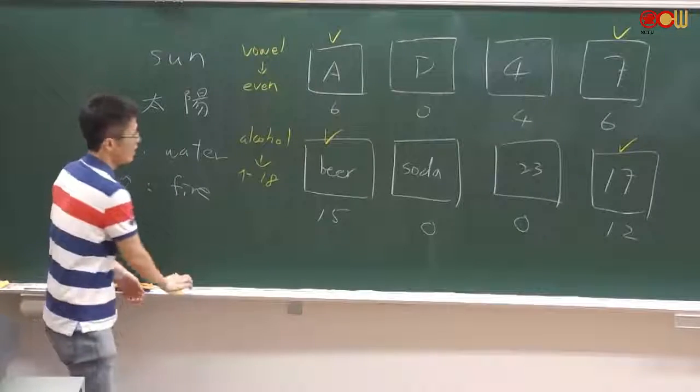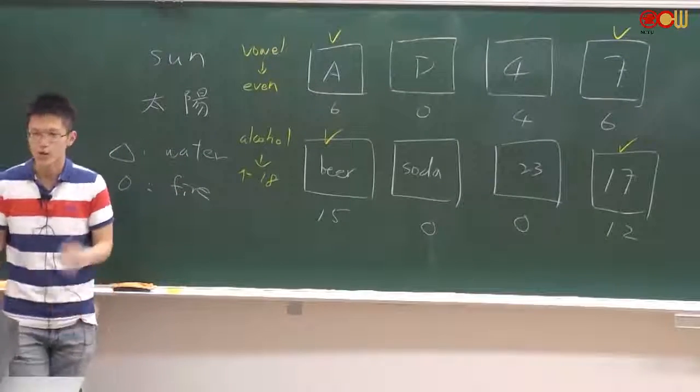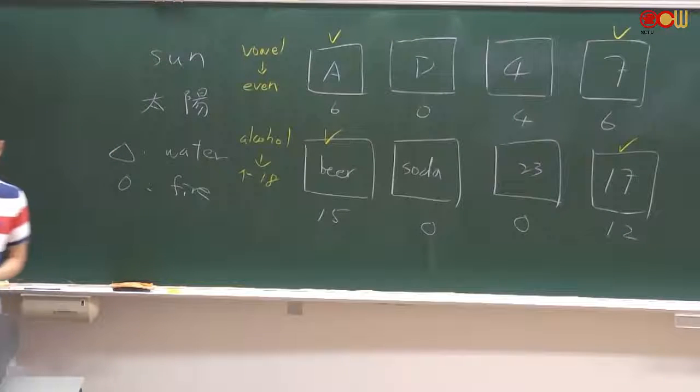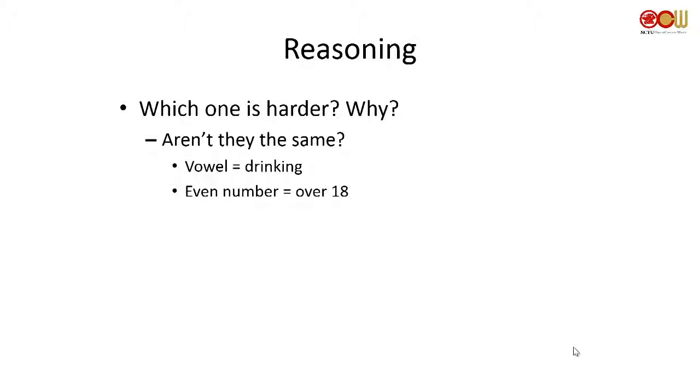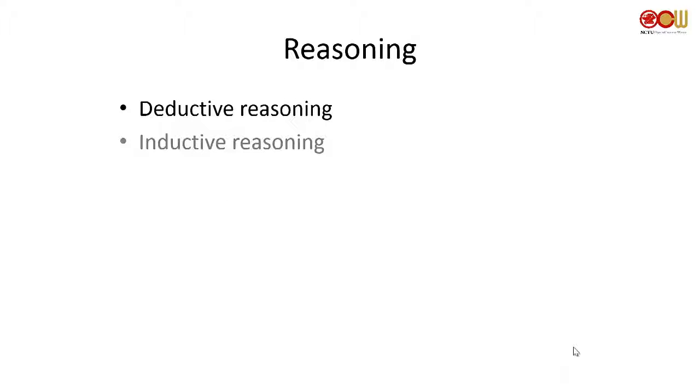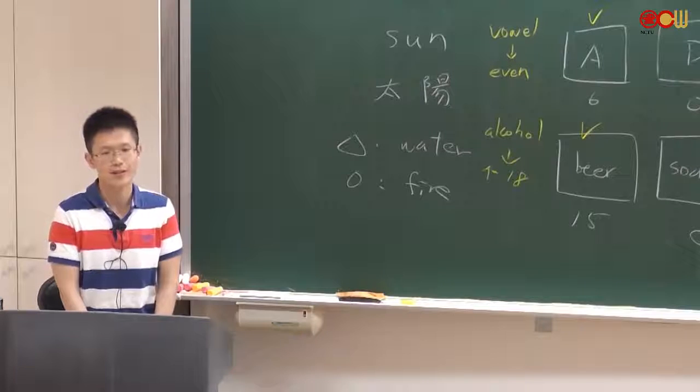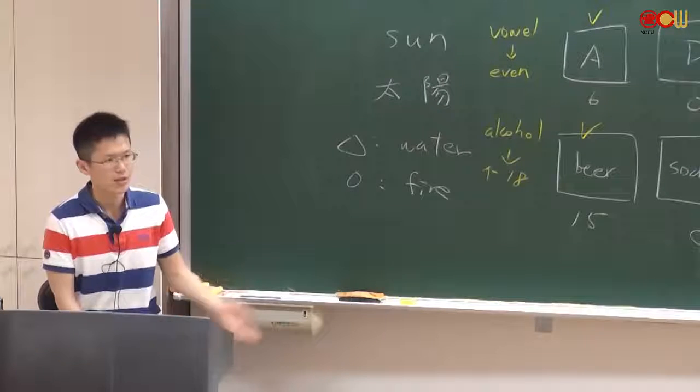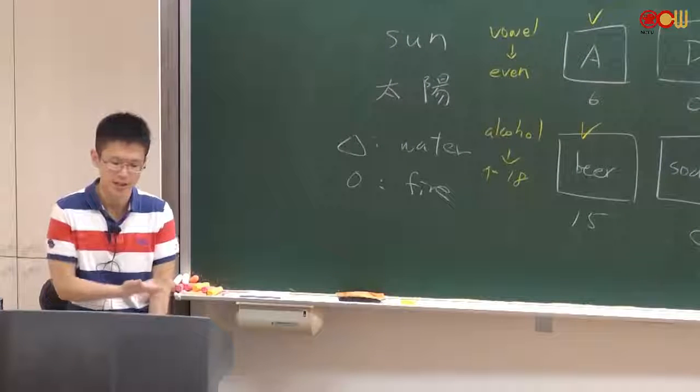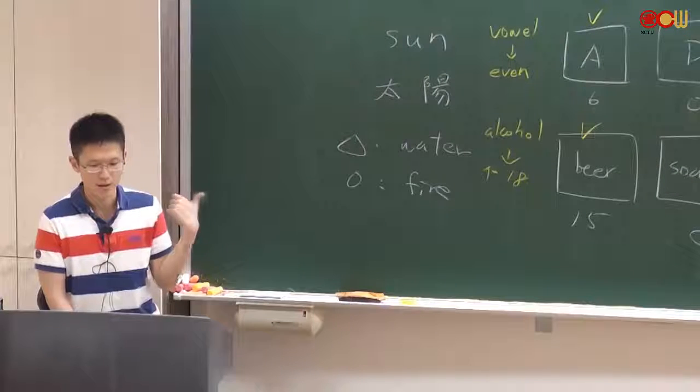But somehow, the second task is easier, and you get the answer instantly. But the first one, although they involve exactly the same reasoning skills, the second one is just harder. Why? Because in this case, your past experience helps your reasoning skills. Okay. So when we are reasoning something, we are not only doing the reasoning, we are actually using our past experience. And some of those past experiences, they are harmful. Sometimes those experiences, they are helpful. Okay? Depends. So that was deductive reasoning.